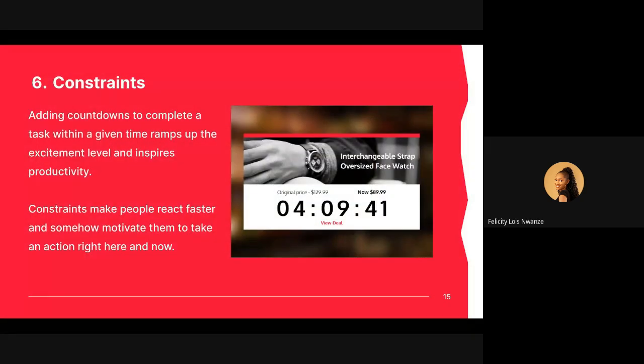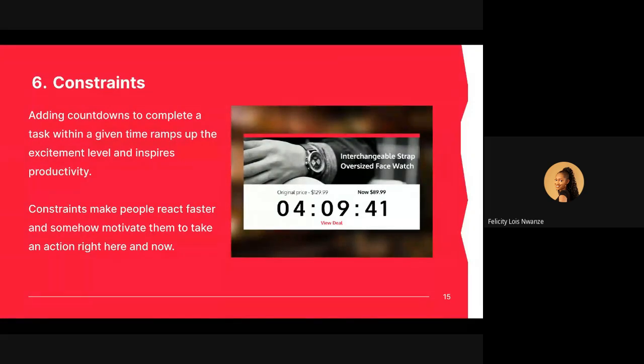And the sixth one is constraint. There's something about when you give people options, but you also give them options within a limited time or a limited environment. So an example of constraint would be adding countdowns to tasks, right? It raises your excitement level, it inspires productivity when you add a countdown.